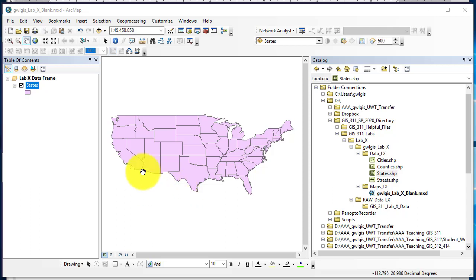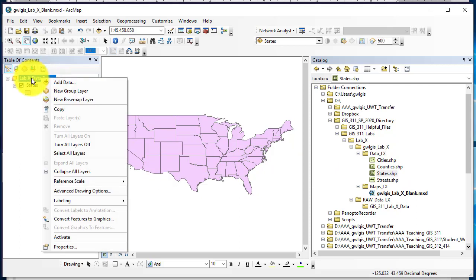But the very first thing you should do before you change symbology or drag another layer into the map is to clear the projection of the data frame. And this is going to sound confusing. It's probably something you've never done before, but it is an important step to make sure our layers actually line up. For now, I'm just going to explain and show you how to do it, and realize that every time you bring a layer, drag a piece of data into the map to create a layer, you must clear the projection